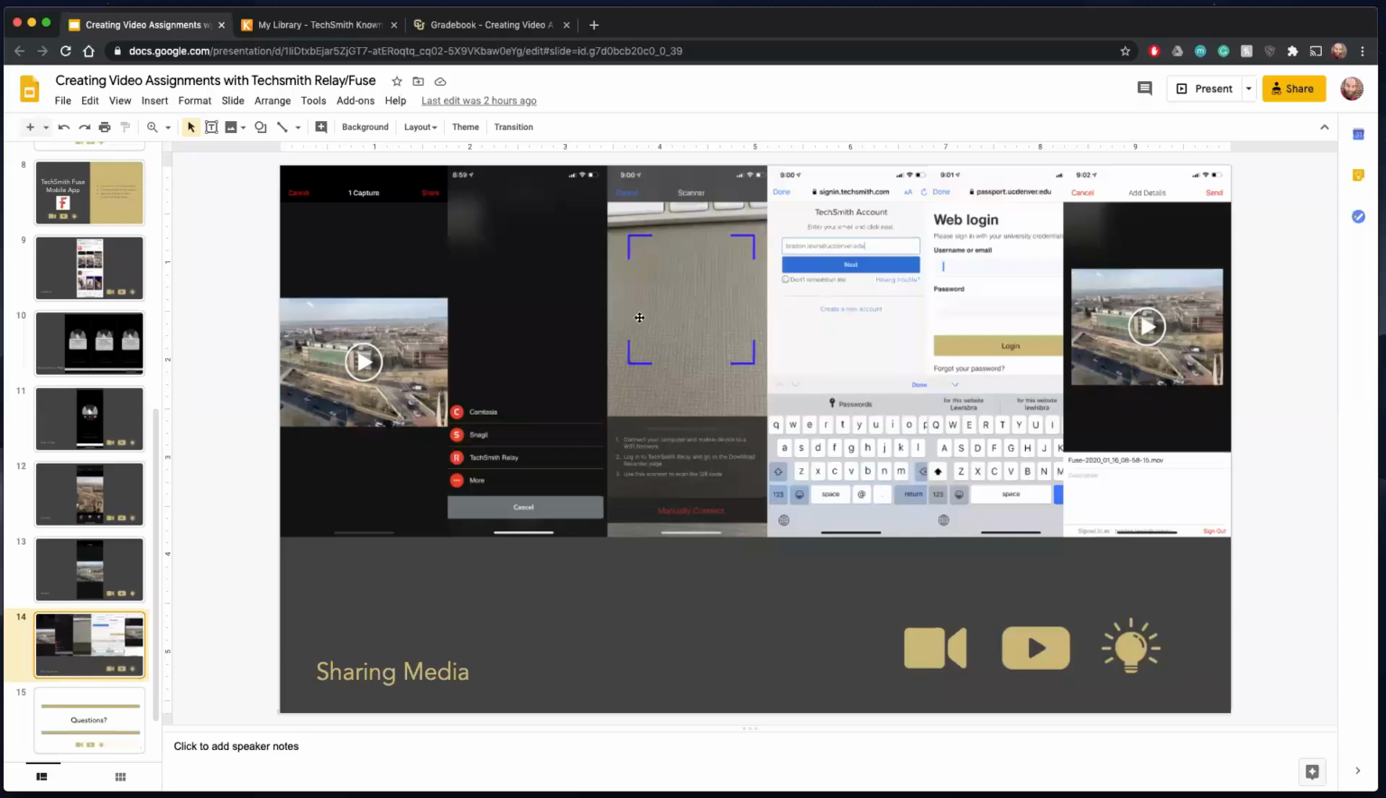Once I have that QR code scanned, it'll then ask me for my email address. You want to type in your university email address, and then it'll ask you to log into your university account. The good news is once you finish all of these steps, you won't have to do it again. So when you go to share, TechSmith Relay, it'll take you straight to this screen right here, where you're going to be able to enter the title and the description, and it'll upload it by hitting send